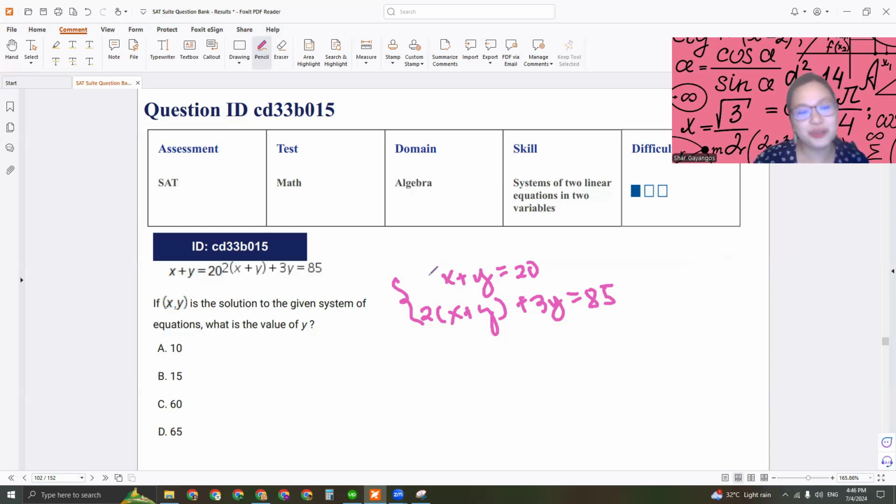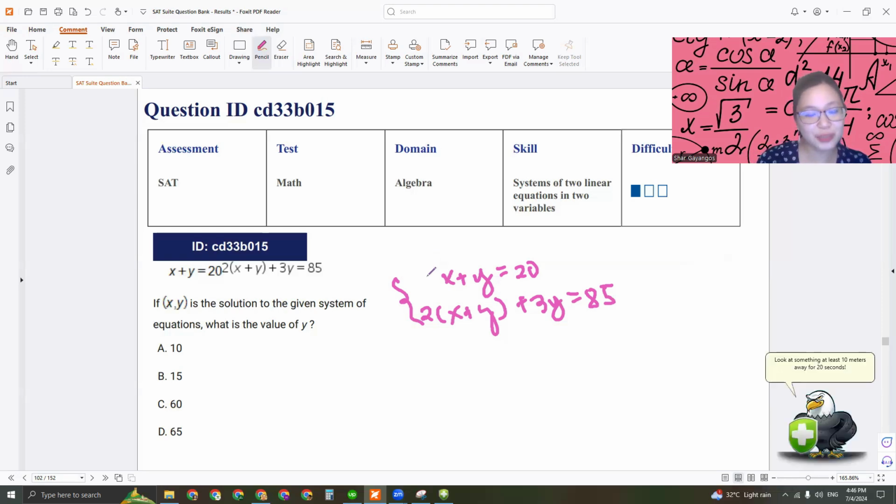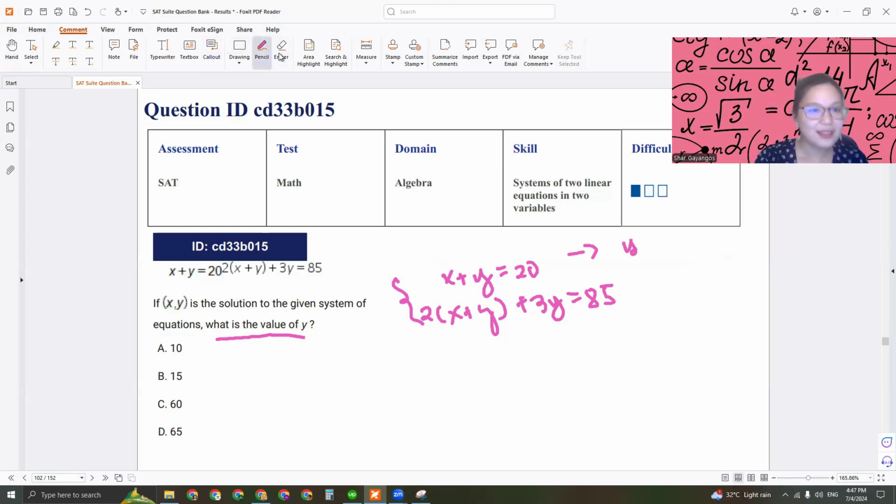Okay, we have these two systems of equation and we're solving for y. What is the value of y here? What might be tempting is to immediately do the drill: eliminate, or use substitution. Let y be equal to 20 minus x, or let x be equal to 20 minus y, and so on. That's valid and you can go ahead and do that, but, and this is why I keep telling you,